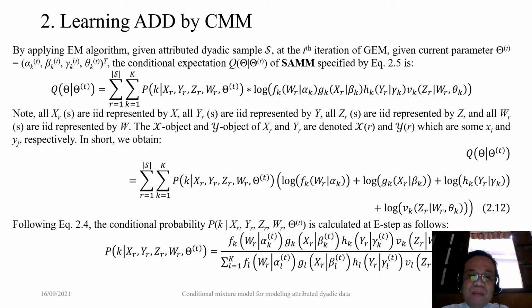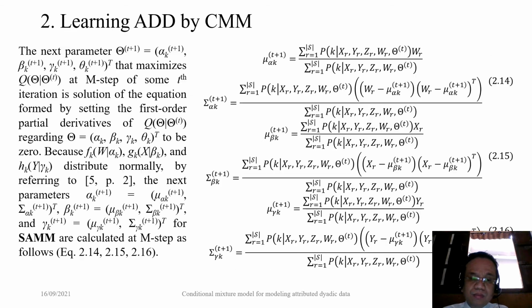By applying the EM algorithm given attributed dyadic data, at the t-th iteration of the EM given the current parameter theta t, the conditional expectation Q of SAMM is specified by equation 2.15. Here, according to equation 2.14, the conditional probability P of K is calculated at each step according to equation 2.13. The next parameter theta t plus 1 that maximizes Q at the M step of the t-th iteration is the solution of the equation